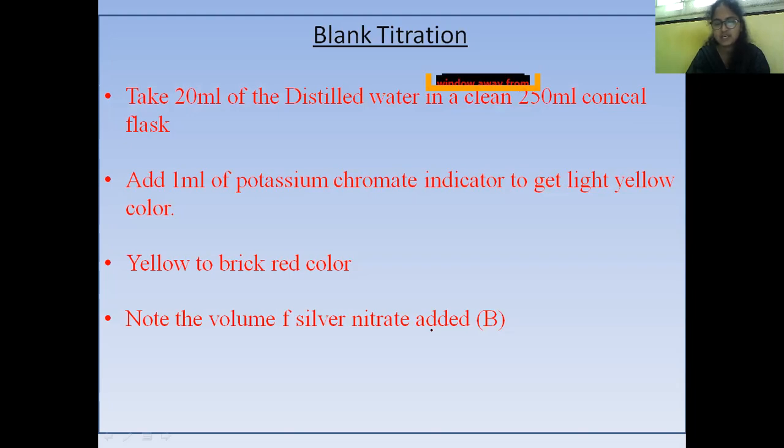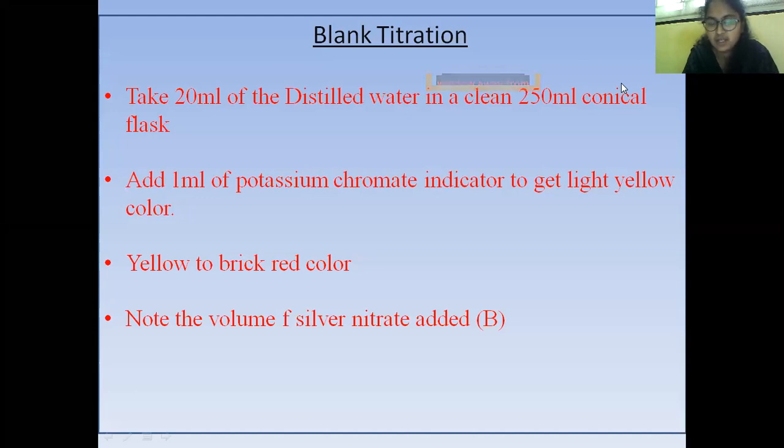This allows the amount of reacted substances within the plain solvent to be determined. Here also the same procedure, and hence it allows us to determine the error in future titration experiments using this solvent. So we take 20 ml of distilled water in a clean 250 ml conical flask,